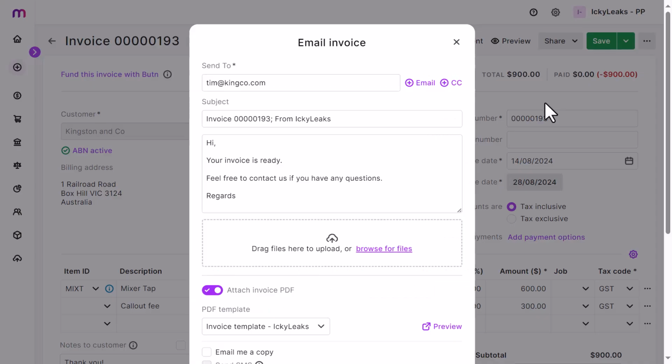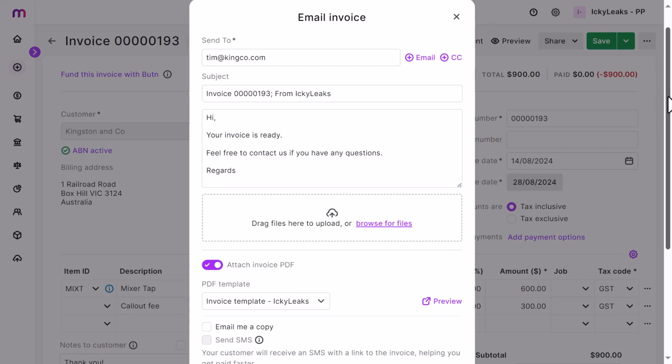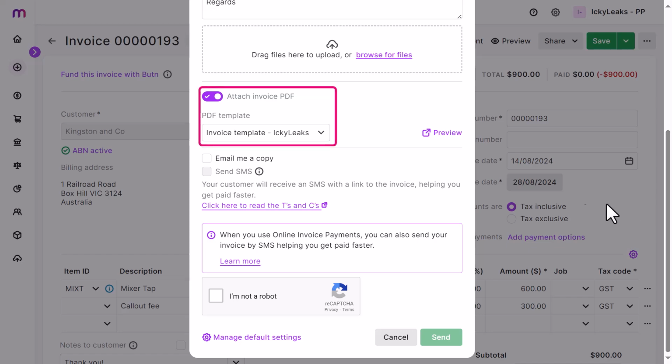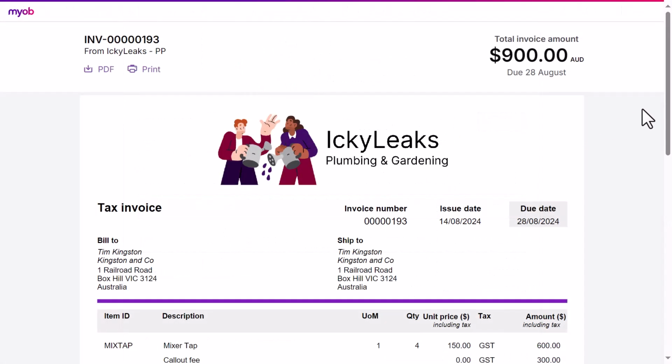The customer's email will populate from their contact record, and the email message will populate from the template in your sales settings. Choose if you want to attach a PDF copy of the invoice, and choose your invoice template. Choose if you'd like to send yourself a copy. And if you're in Australia and you use online payments, you also have the option to SMS the customer with a link to the online invoice so you can get paid faster. You're ready to send. The customer will receive an email with a PDF of the invoice,